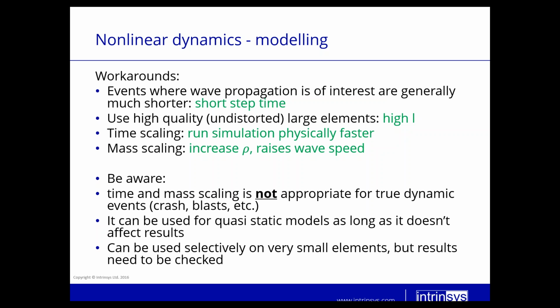They might be 100 milliseconds or 10 milliseconds. So make sure you understand what simulation time you're going to run. Also, try to use undistorted and large elements, which would mean you get a high L value in your equation,